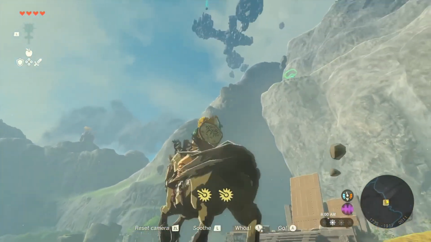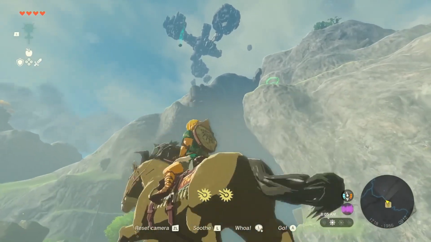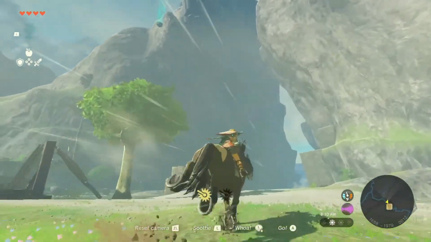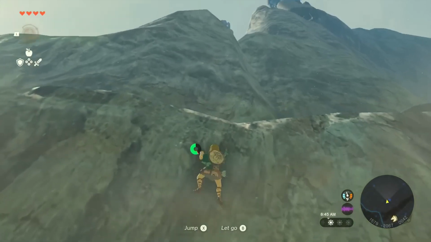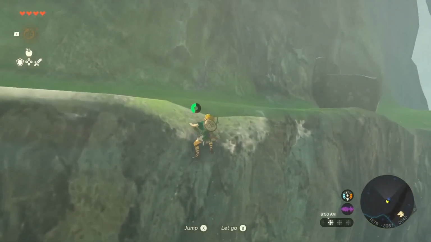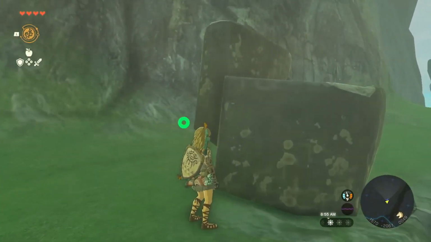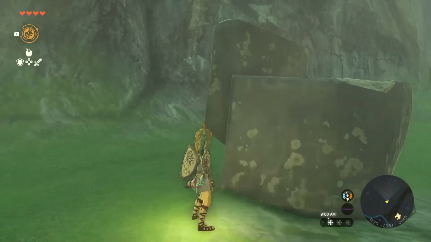If we take a look, oh, something's falling from the sky. Do you see it? I wonder what that is. Let's head over to it. We're almost at the spot where the object fell. Here it is. Okay, let's use one of Link's new abilities. If you do this on the rock that just fell...